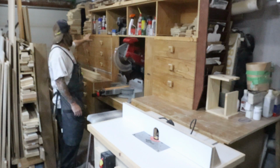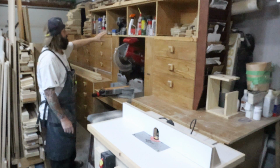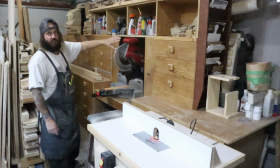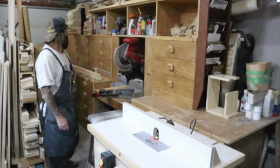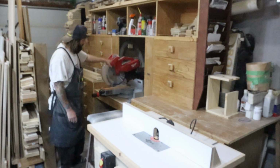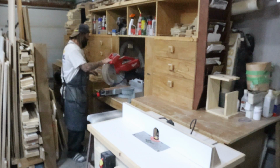At the top, I just keep all my caulkings, my cleaners, glues and stuff is up there. Some little parts up on the top here that I might need. Here is my miter saw, which is a Milwaukee. Very pleased with it. The only downfall with the